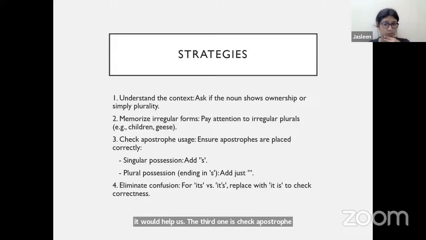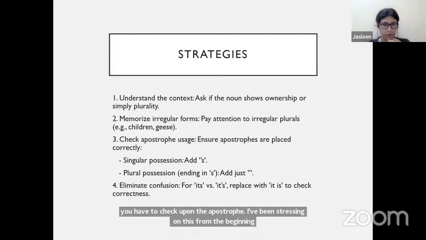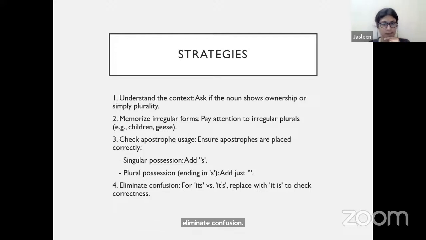Yes, this is also a very important aspect where you have to check the apostrophe. I've been stressing this from the beginning. Eliminate confusion for its versus it's, replace with it is to check correctness. Yes, this is the best way because, as I told you, it's is the abbreviation of it is. So you have to look at the context. If it is a sunny day, this is right in the context: it is a sunny day. I won't say